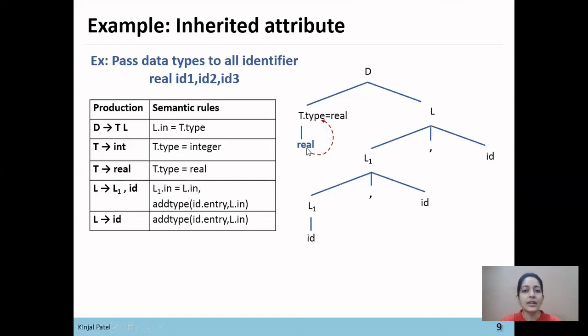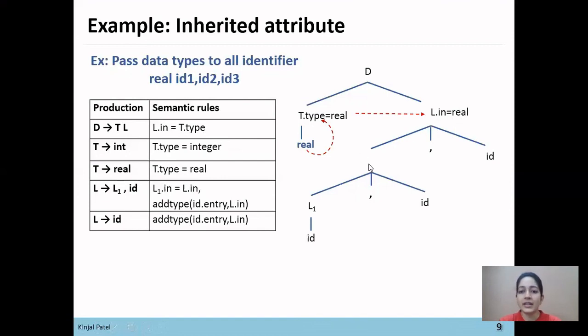Okay, now next we want to compute the value of this L. Here L is an inherited attribute, so L depends on its sibling, that is L.in equals T.type. So here L.in equals real because it depends on its sibling, which is T.type. So L.in will take the value from its sibling, that is real.